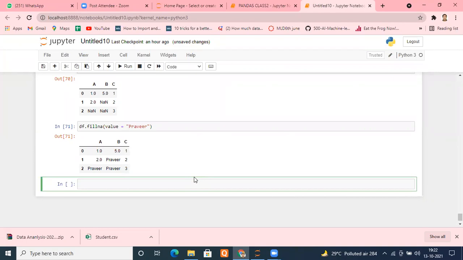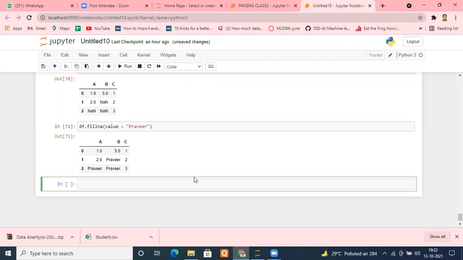Okay. Normally, whenever we are putting something for a missing value, that process is known as imputation. And how do we substitute? We make some decision based on the column.